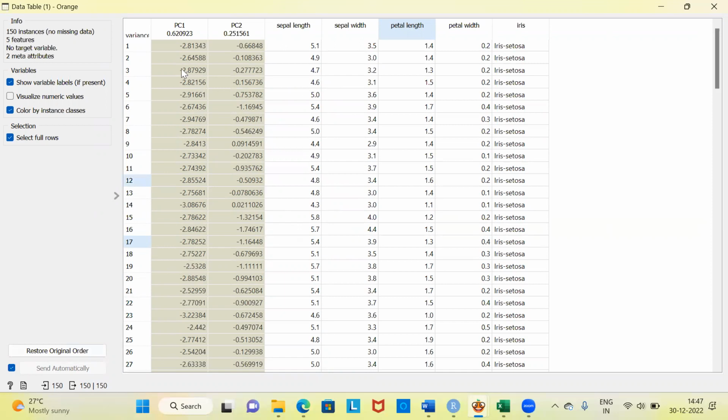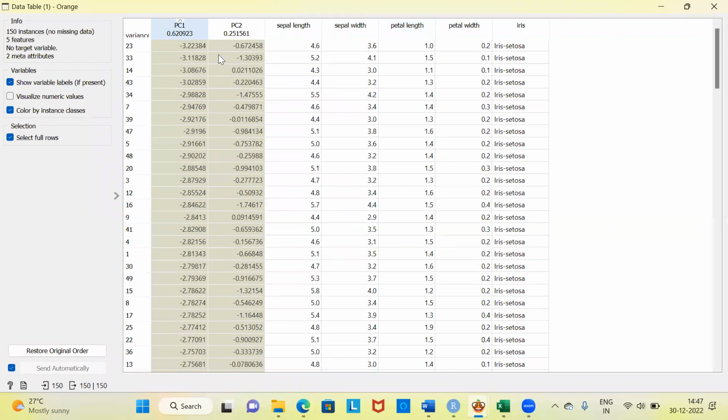The first component, that is PC1 or principal component 1, you can see here in orange, displays the percentage of variance that it explains, 62%, and this is the new variable that we have created. The second component, that is PC2, is able to explain 25% of the variance in the data set. So since we have selected 2, what Orange does is it creates 2 new fields in the data set. For further analysis, we don't need to use the original variables, that is the sepal characteristics and the petal characteristics. For further analysis, we can go ahead and use only these 2